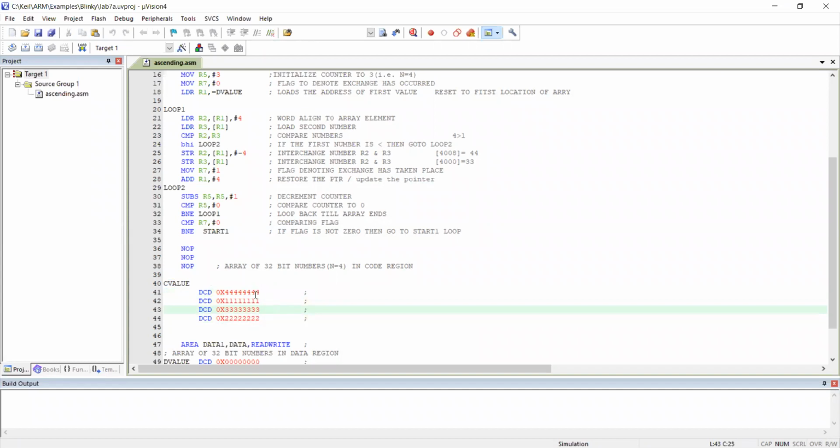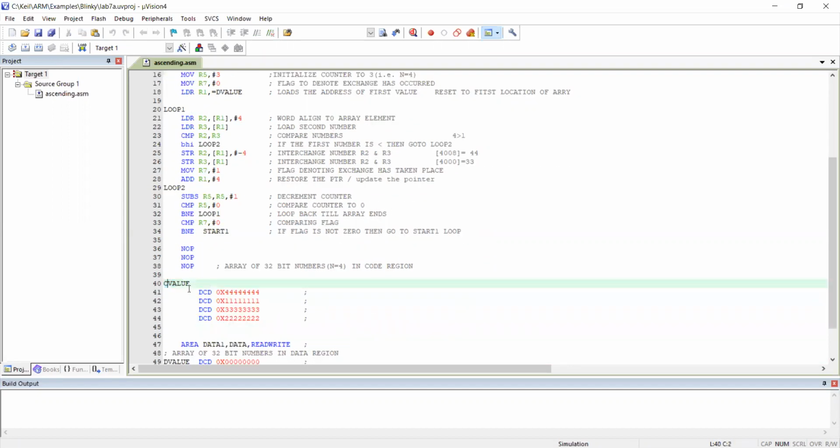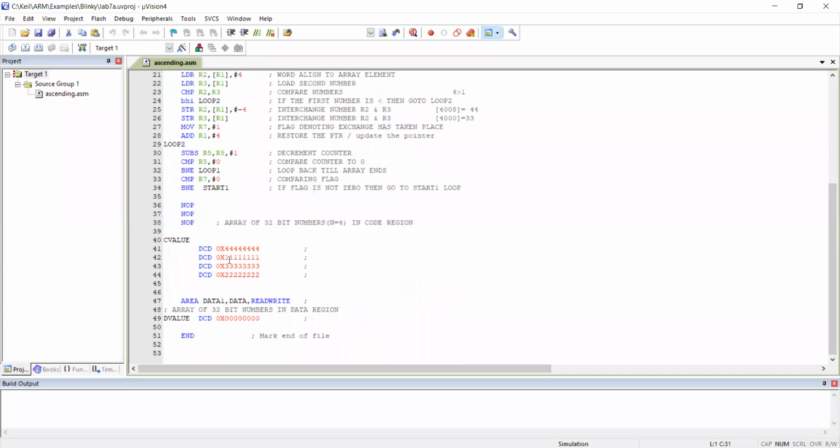If descending, 4, 3, 2, 1. I cannot rewrite in the same C value array because it is present in the area called code, where only read is allowed, so I cannot rearrange and write there.